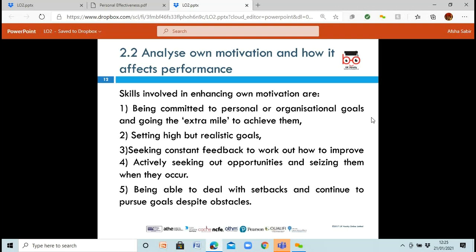Set yourself high but realistic goals. So make sure you set high goals, but make sure that they're actually workable. So you don't want to say that I want to be a multi-millionaire by the end of the year. So you need to actually say that I like to have, this is my turnover, this is the profit that I would like to work towards. See, make sure that it's actually achievable.